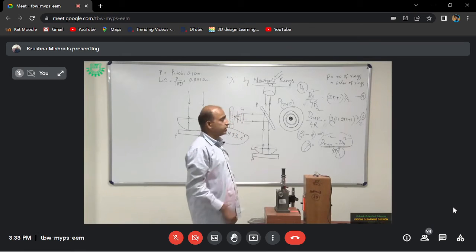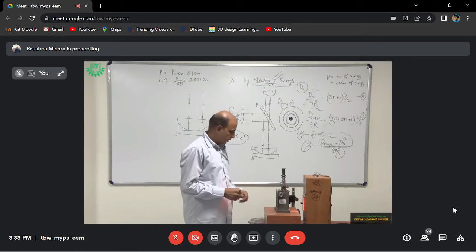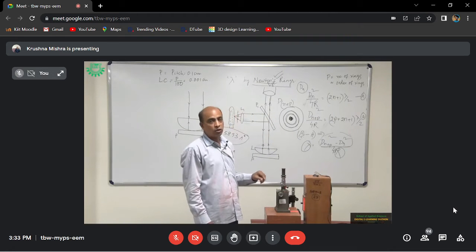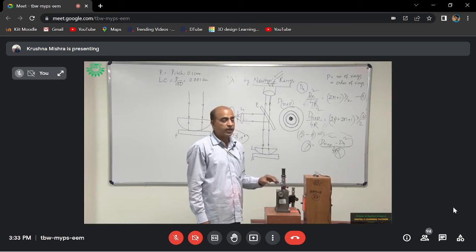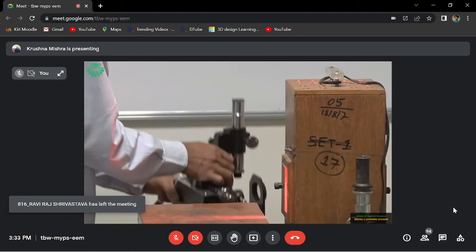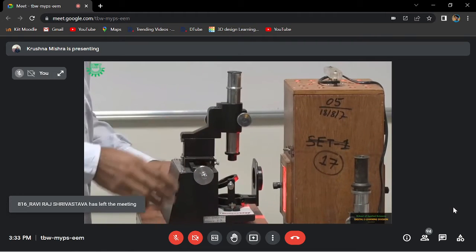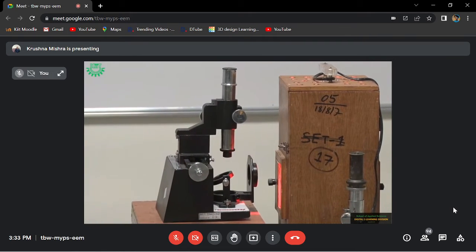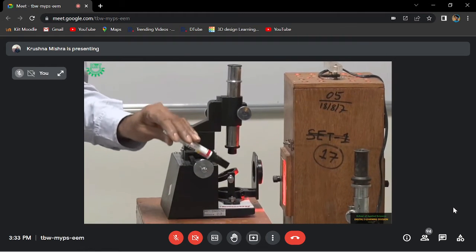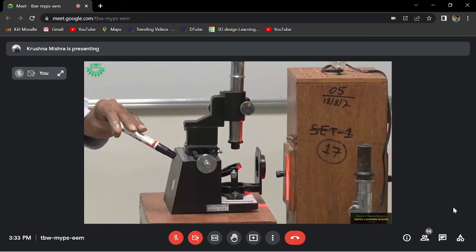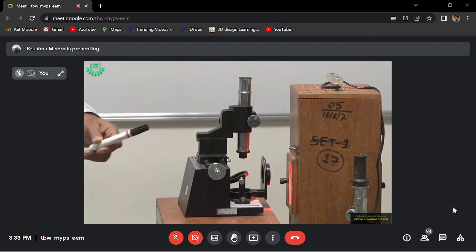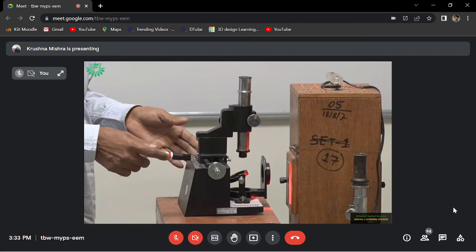After you find it, we will proceed to our experiment, finding the diameter of all rings, either bright rings or dark rings. This one also we can use, and it has the same least count, 0.001 centimeter, because it also has 100 divisions on the circular scale and one division on the linear scale is 0.1 centimeter. So it gives the same. And here some more screws are given.